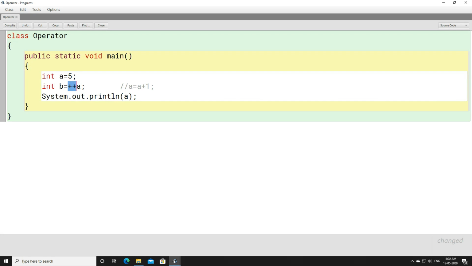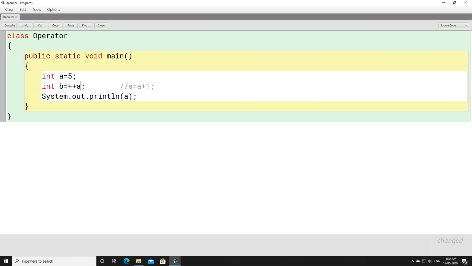And when pre-increment is used, first the value of a is increased, then it gets stored to b. Now please remember, whenever we use pre-increment, first the value will get increased or decreased, whatever it is. First the value will change, then the variable can be used.